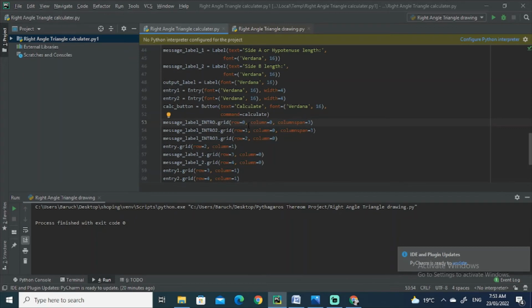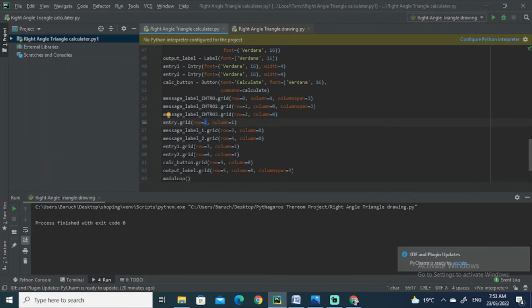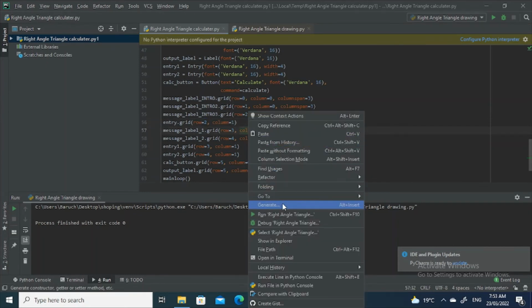This one is the same thing, but this is row 1. And this doesn't do column span. This is the entry. This is where it enters. So this is on row 2, same as this, but it's on column 1, so it's not in this one's way. This is on row 3, and this is on row 4, column 0. So if we run this right now,